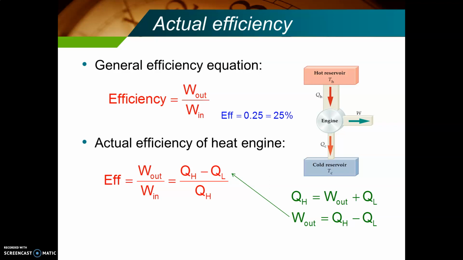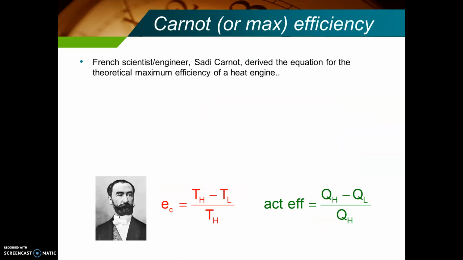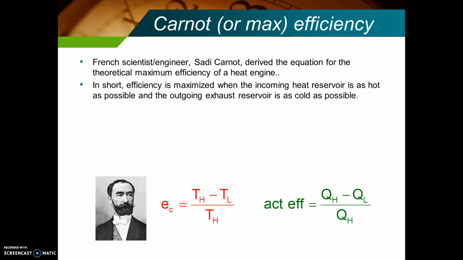All right, it gets a little bit more complex. So Mr. Carnot, however, came up with a way to determine the theoretical maximum efficiency of an engine, a theoretical. And in short, he said that efficiency is maximized when the incoming heat reservoir is as hot as possible and the outgoing exhaust reservoir is